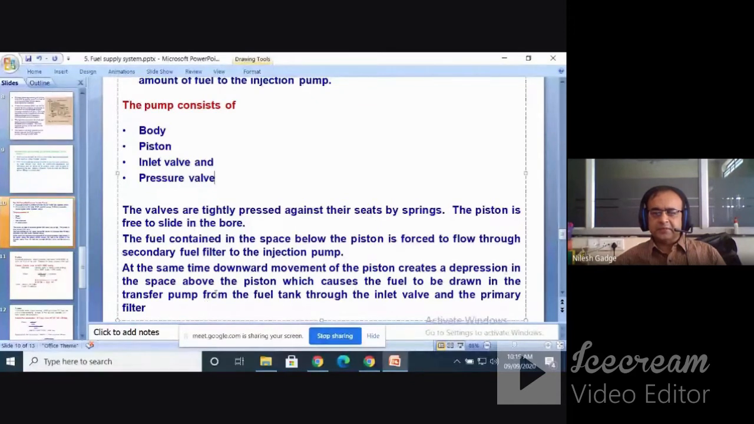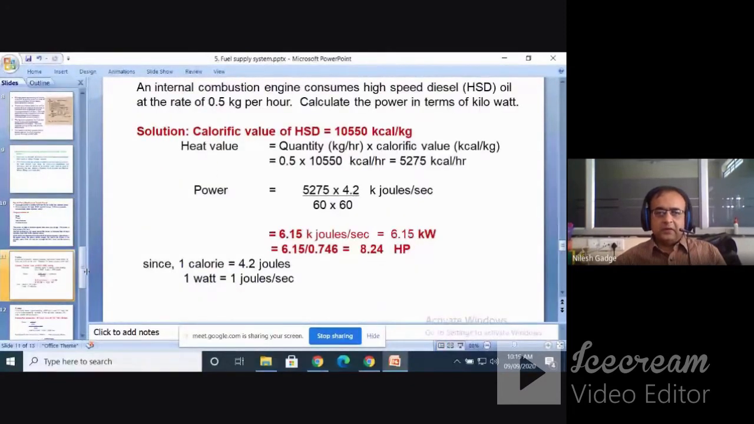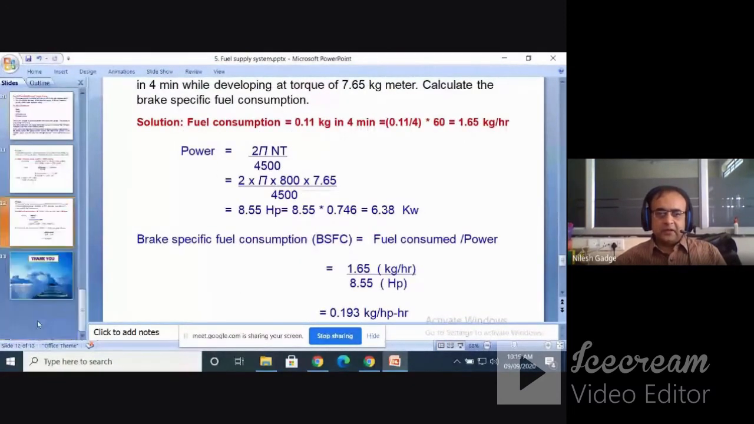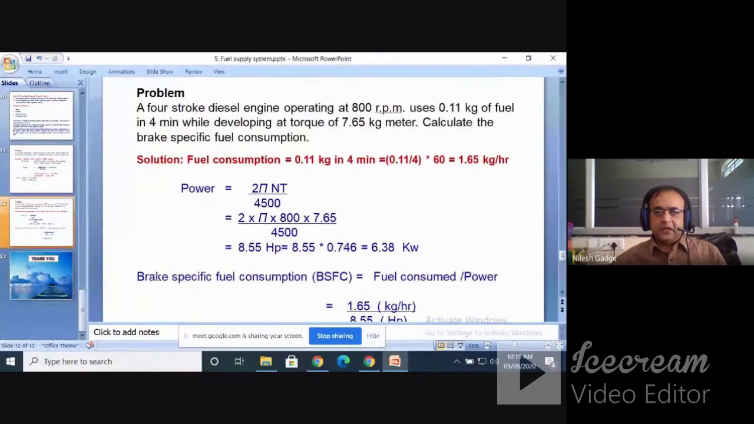At the same time, the downward movement of the piston creates a depression in the space above the piston, which causes the fuel to be drawn into the pump from the fuel tank through the inlet valve and the primary filter. And these examples we have taken in the last lecture. Now we'll take